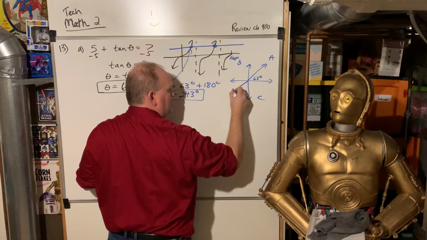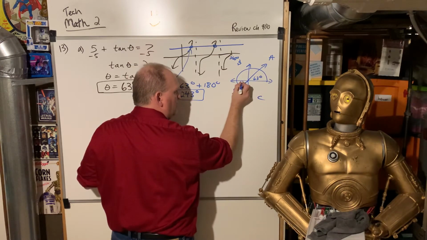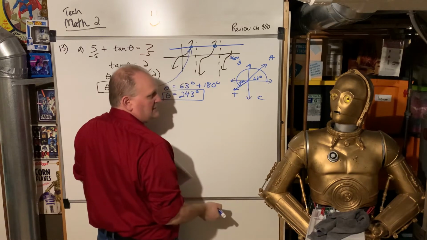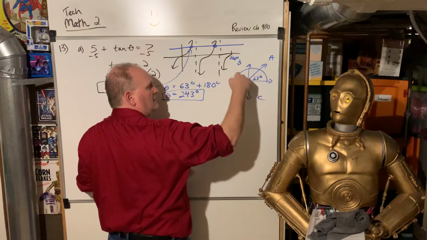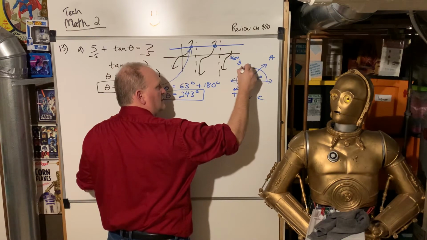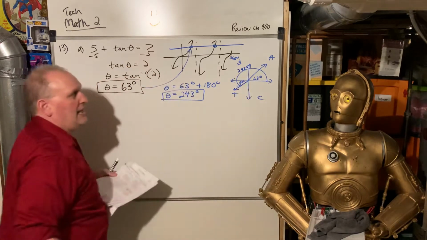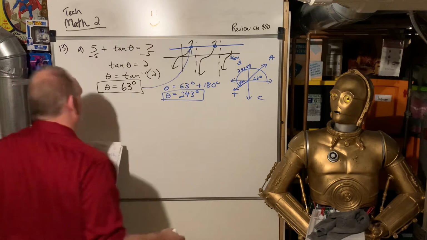So I would need this one from there, and that would have a reference angle of 63 degrees, the reference angle back to the x-axis. And so 180 plus 63 is 243. So that's just a different way of looking at it. You could do it either way. You don't have to do it both, okay? All right,